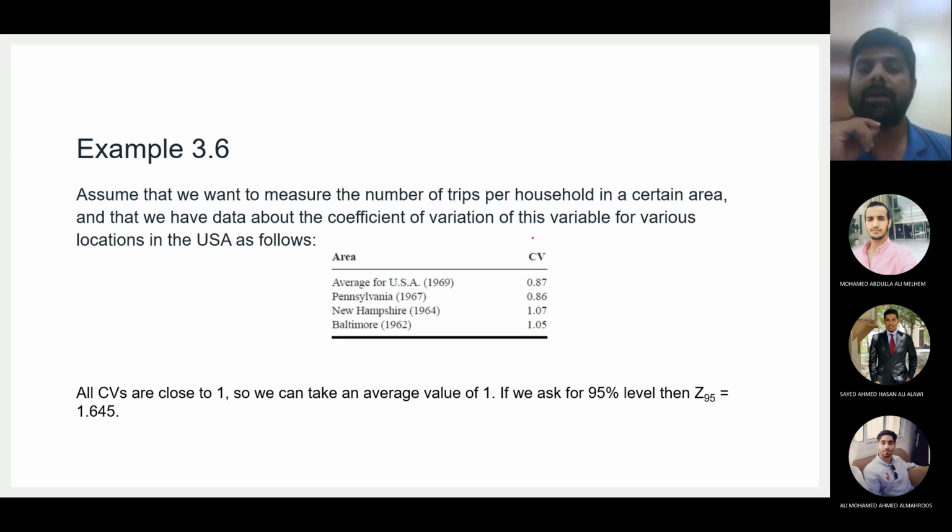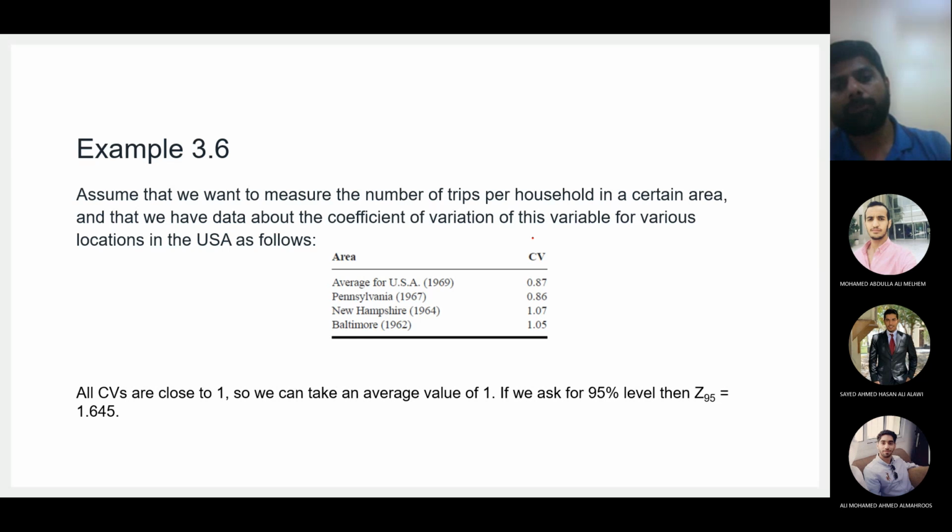The interesting thing about the coefficient of variation is that in the same population, unless there is a very significant change, the coefficient of variation doesn't change. It remains the same. So if you collect data from Bahrain right now and calculate its coefficient of variation, and then you do the same thing after 5 years, the data may change, but the coefficient of variation will remain the same for the two data sets.